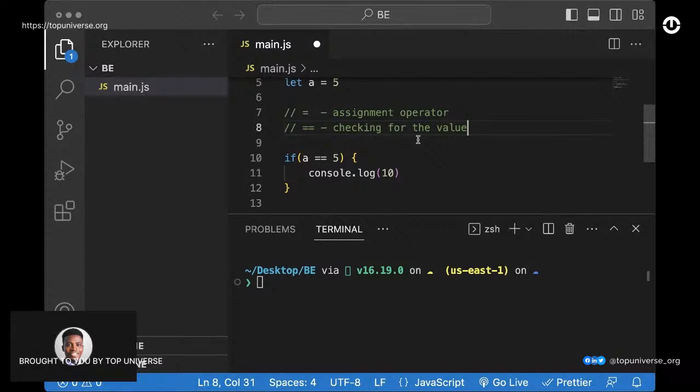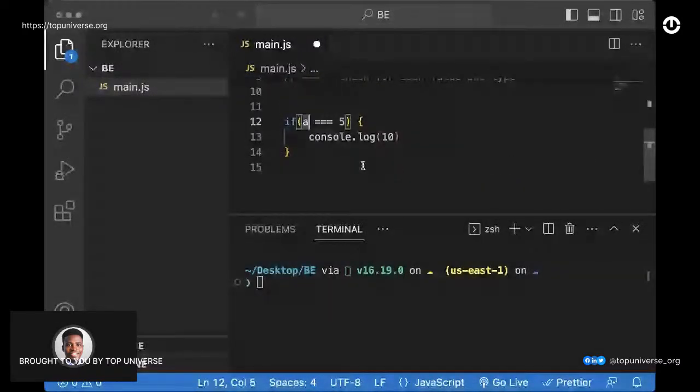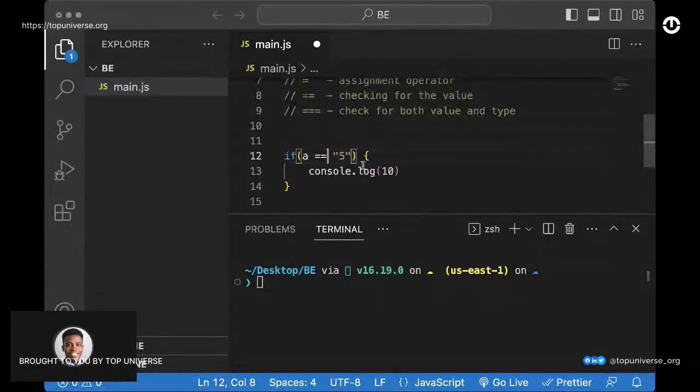So if I say if a equals 5 with the three equal sign right here, it means I am basically checking if the value of a and the type of a equals 5, right? If you have this, for example, this can also work because you have 5 there, which is the value, but not the